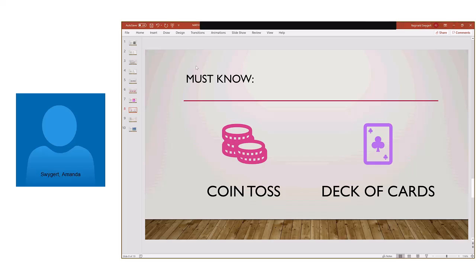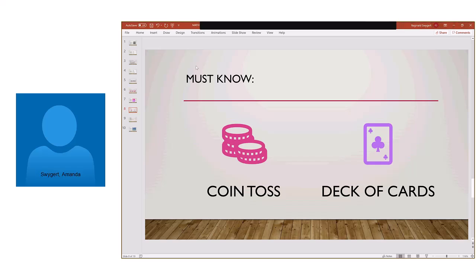Hearts, diamonds. All right. So with those suits, you have two suits that are red and two suits that are black. I started with the black, the clubs and the spades. Those are your black suits, and then the hearts and the diamonds, those are your red suits. In each suit, it's divided equally, which means you're going to have 13 cards of each suit. So you have 13 clubs, 13 spades, 13 hearts, 13 diamonds. Each suit is going to have the cards 2, 3, 4, 5, 6, 7, 8, 9, 10, Jack, Queen, King, Ace.